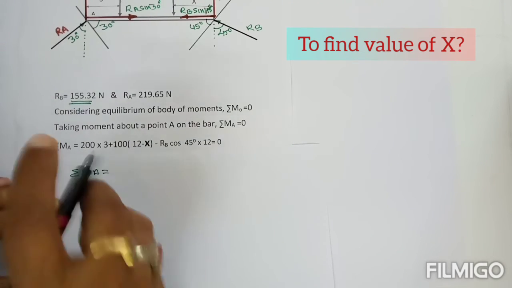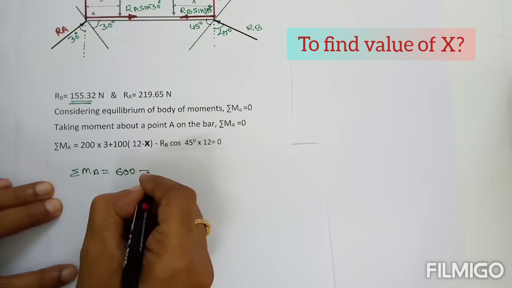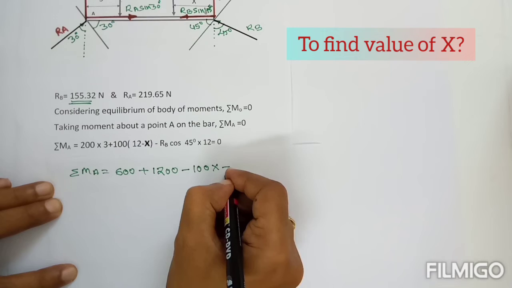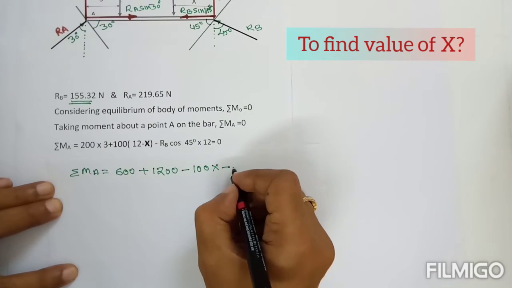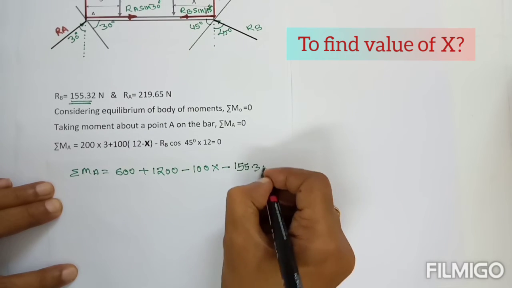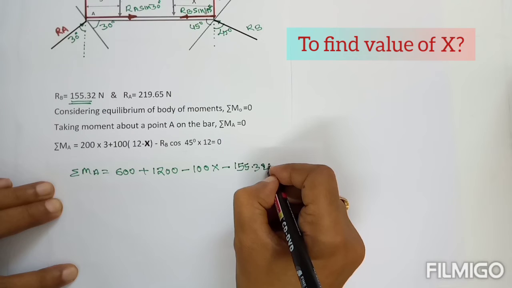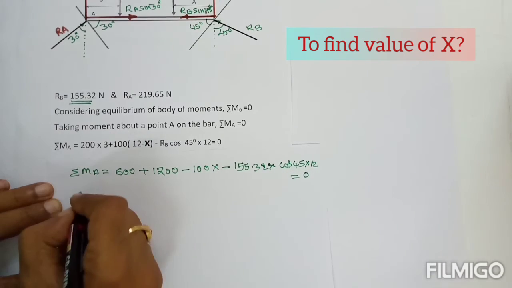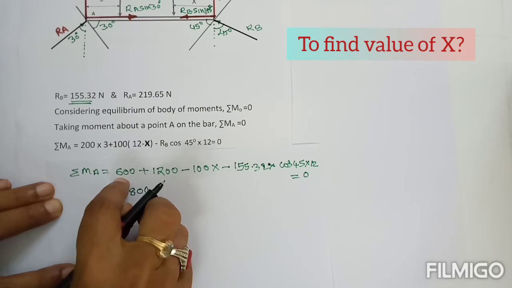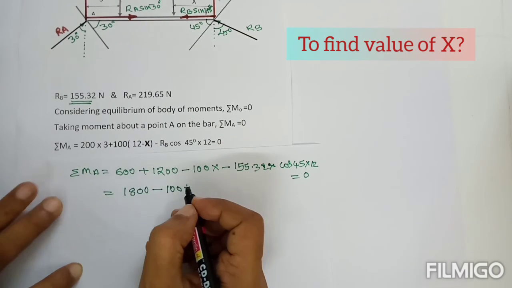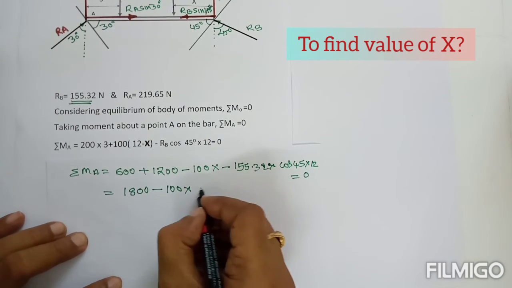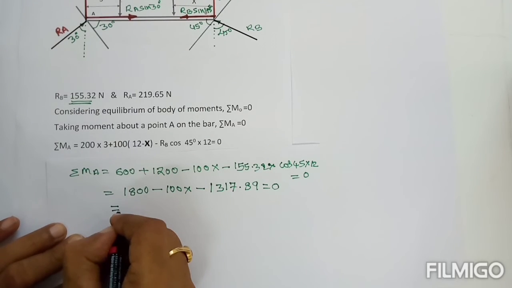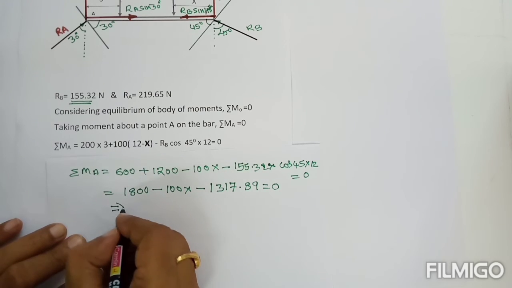Sigma MA is equal to 200 into 3, 600, plus 1200 minus 100x, minus RB cos 45, RB value 155.32 into cos 45 into 12, is equal to 0, which is 600 plus 1200 minus 100x minus 1317.89 is equal to 0, which implies